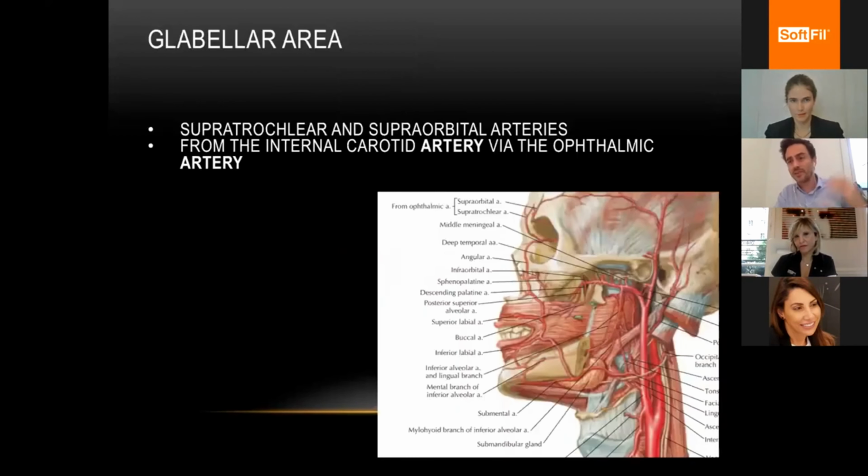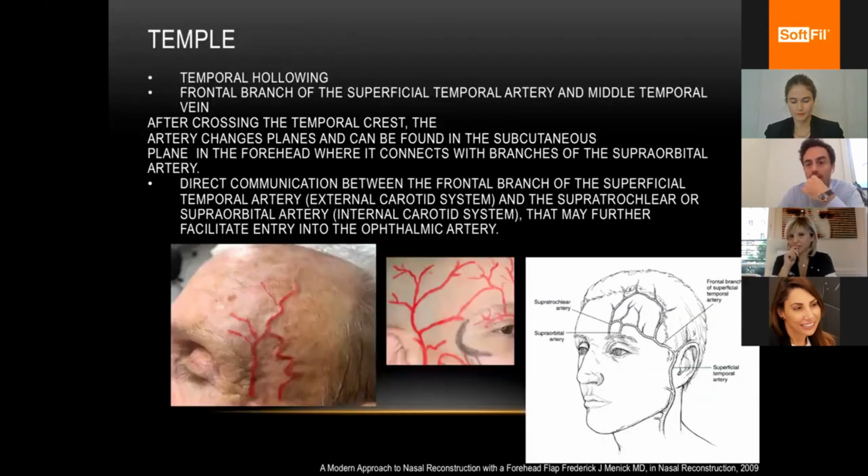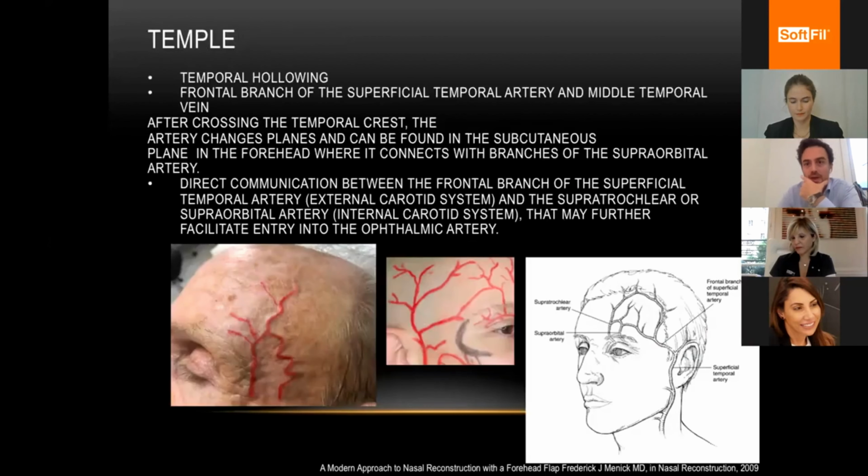So we start with the glabellar area, in which we have the supratrochlear and supraorbital arteries, from the internal carotid via the ophthalmic artery. So we have to be very careful in this area, okay? Particularly if you are injecting the forehead or the upper eyelid, you have to be very, very careful with that. When we inject the temple, also in this area, we find